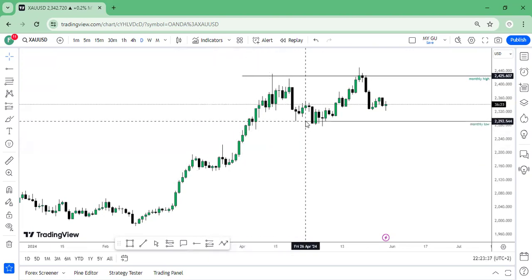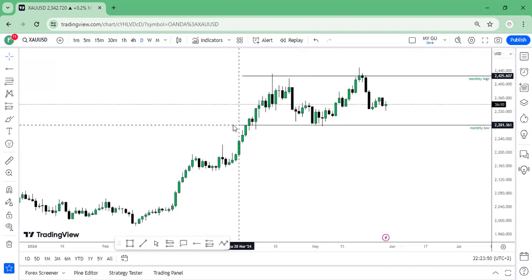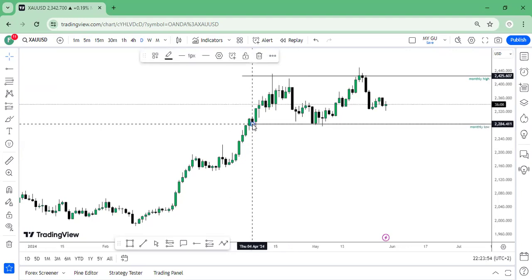A zone is an area, not a line. So if I have my line here from the monthly to the weekly, that means the overall reasoning for this being so important is this whole area is a zone. So we can put our low at the bottom. Now when we put our low at the bottom, we are considering everything that's on the chart from